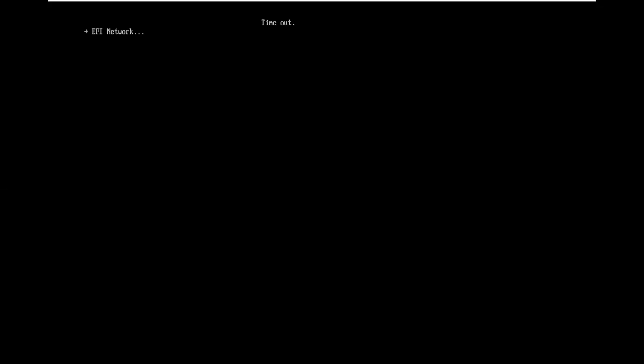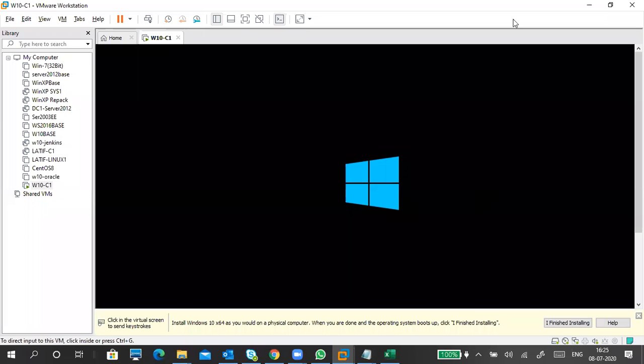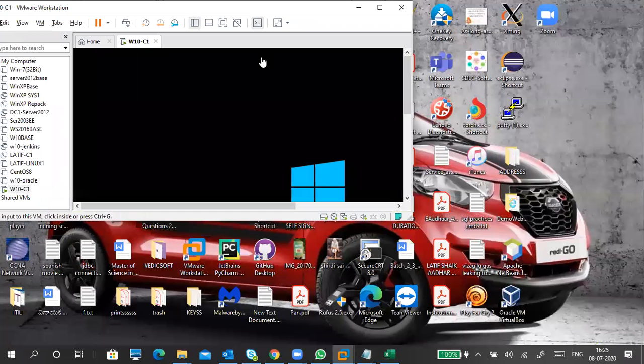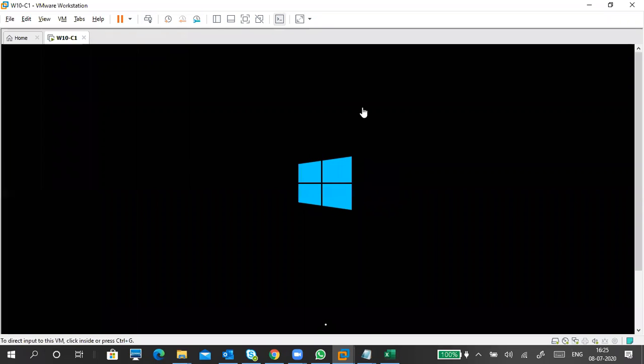Next time it comes, I press the enter button. Okay, let it come and press enter. So it won't do that. Now the screen appears here. Okay, so the Windows logo has come up. You can see that Windows logo. Close unnecessary things. Let it come. I am going to close this one also, so then the screen will be full.